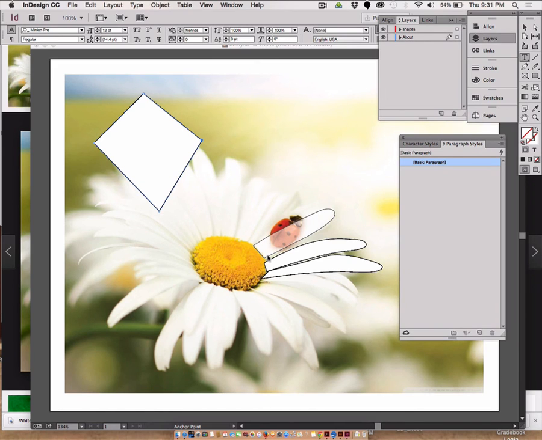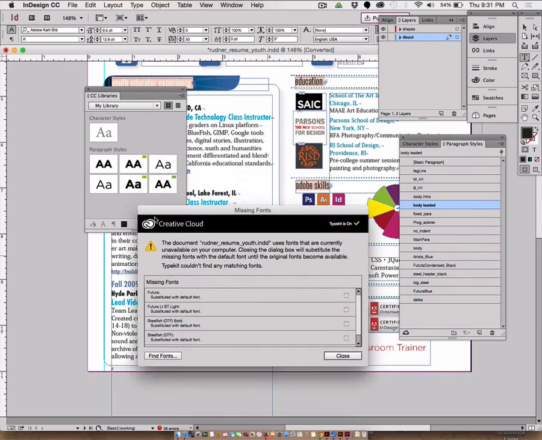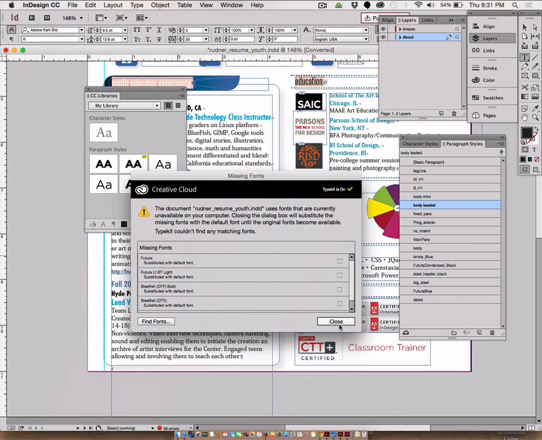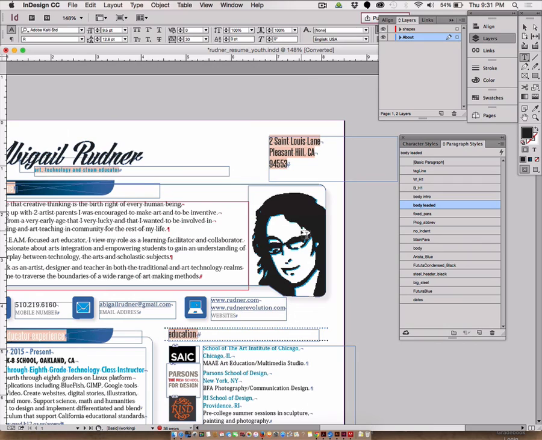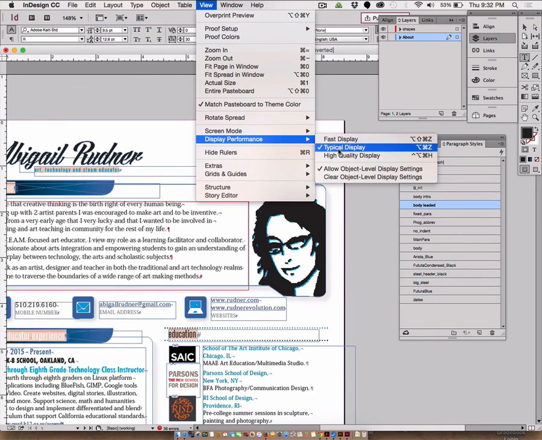It's very simple. It looks very clean and simple, but it also has a certain style of mine. That's fine, just close that. So this guy right here. And so when you're looking at this in InDesign, that's not in high quality, but if I go to View and I go to Display Performance and High Quality,